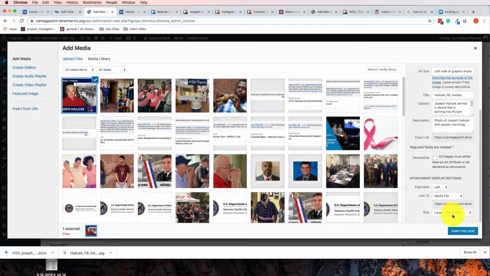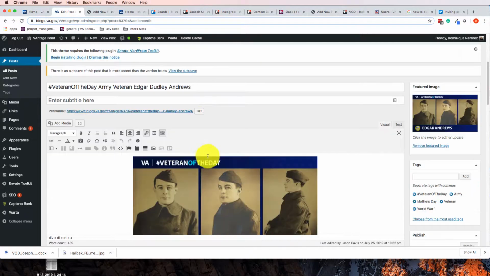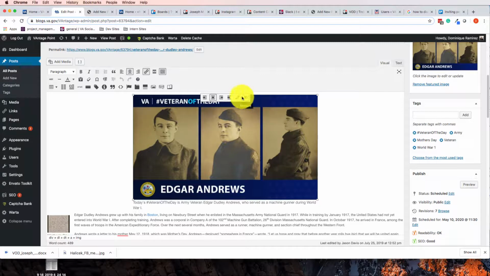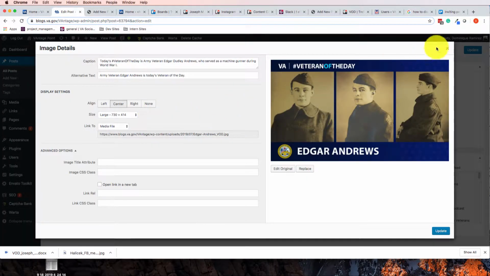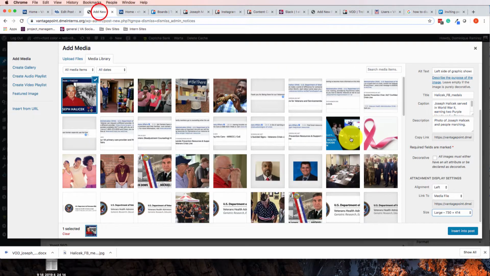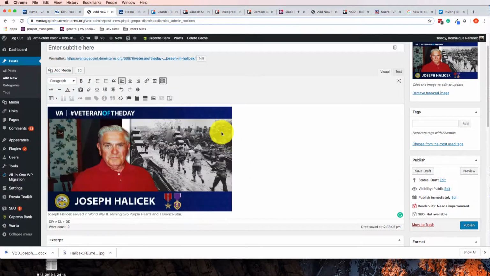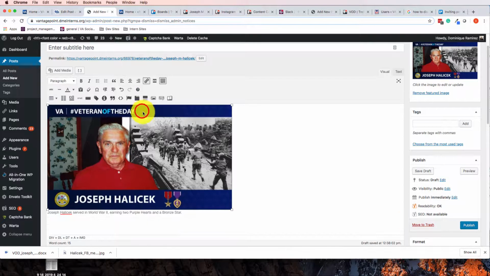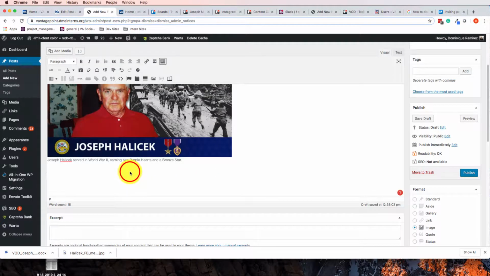Insert, and then notice when you're inserting it, you can choose what size to insert it at. 730 by 414. I wonder how are we inserting these? Yeah. All right. So I think we're putting them in as large. So when you do it, go ahead and insert it as 730 by 414, as large instead of full size, which is going to be super duper large. So go ahead and insert it into the post. And then, if I'm not mistaken, we do no alignment on these. And now that I have the extra space at the bottom, I can continue